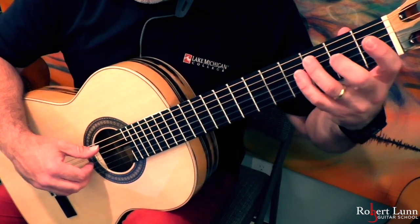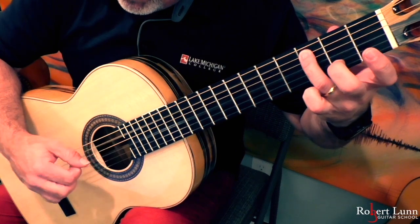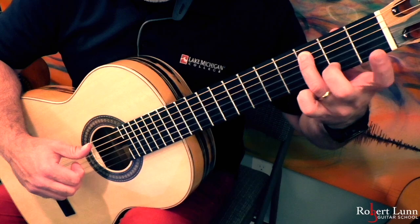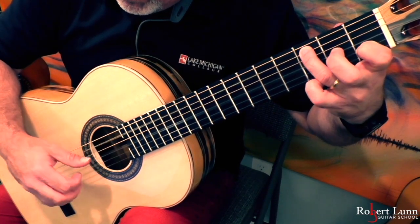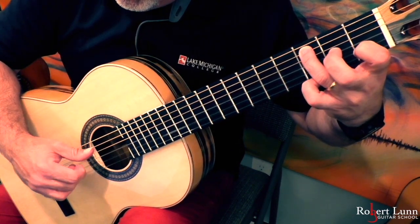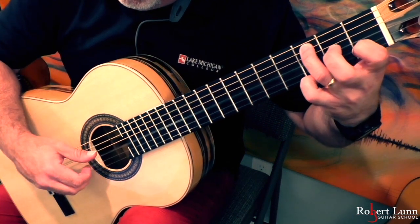All right, and then we're going to go 3rd finger on the 3rd fret, 5th string, plus the open 3rd string. And then I go open 1st. First finger is going to be at the 1st fret on the 2nd string. So again, we've got this, and then back and forth, 1st and 2nd string. So again,